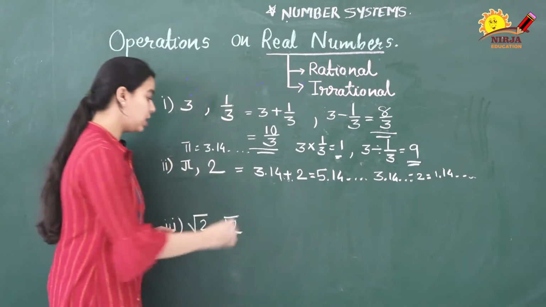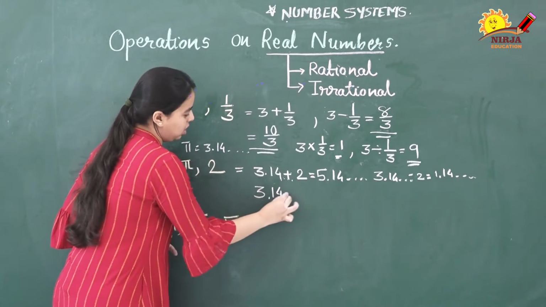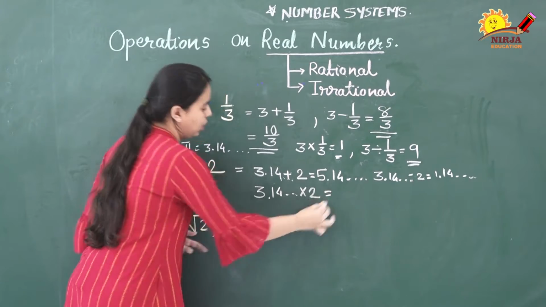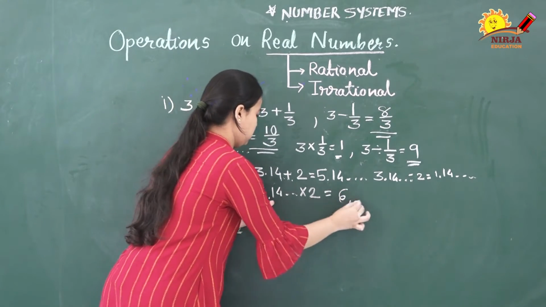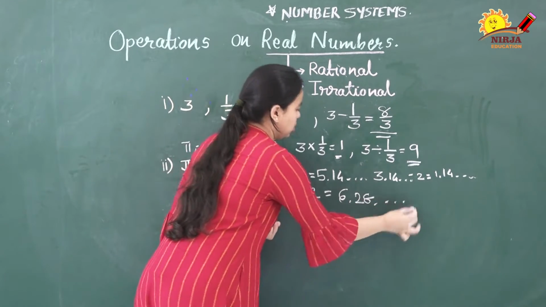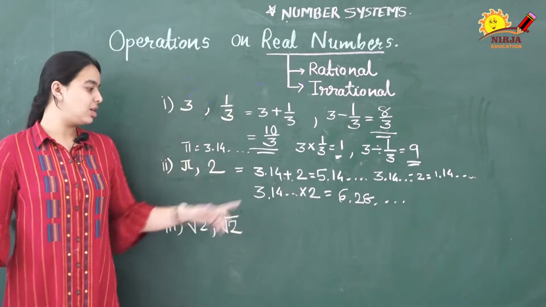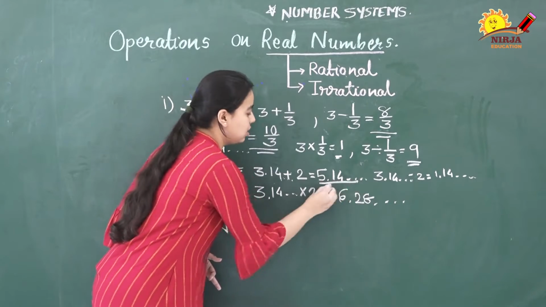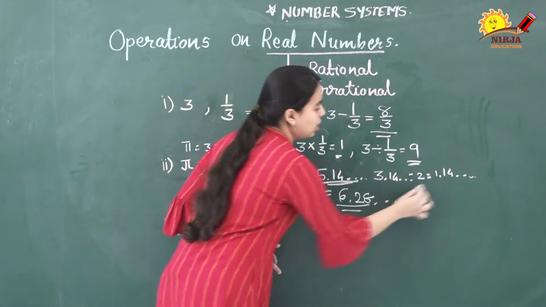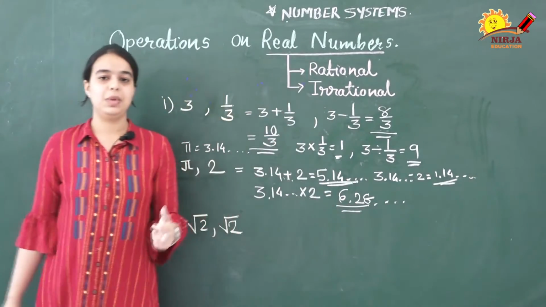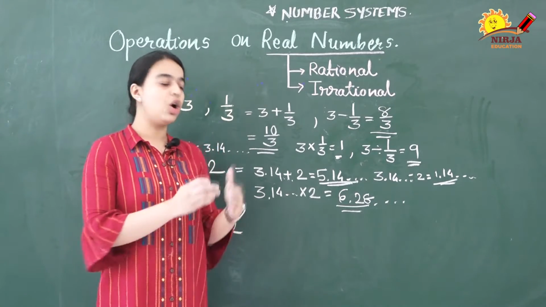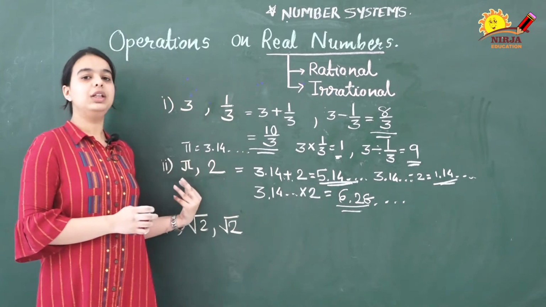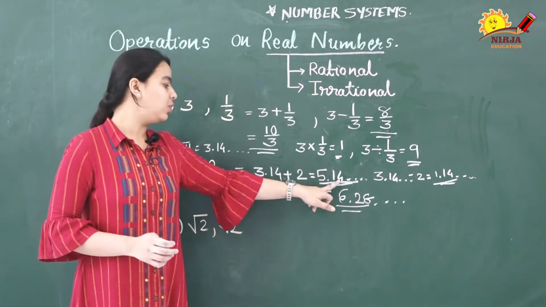Now let's do multiplication as well. Multiply by 2. If I multiply this, I am going to get 6.28 and so on. So if you have noticed, we always get an irrational number in the result. That means if we perform various operations of a rational number with an irrational number, the result will be